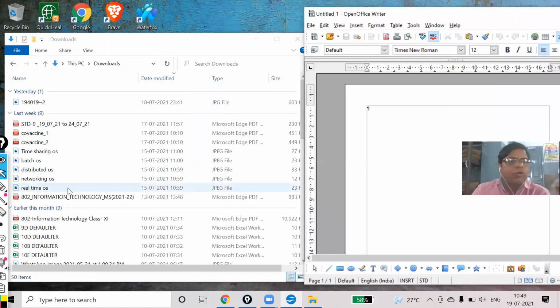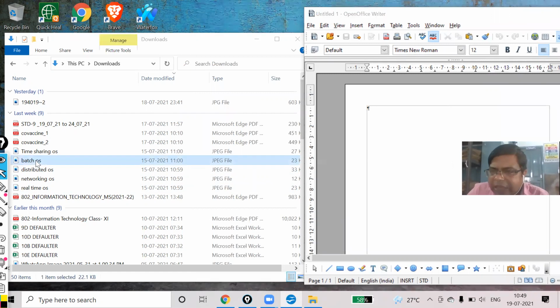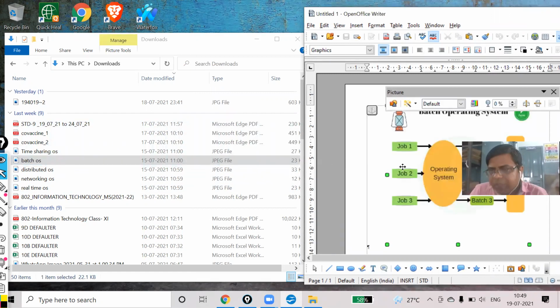Okay. Now, batch OS. This is a graphics file. Okay. This graphics file is to be added in my document. See, I will click and drag this one. My picture has come. Okay, this way I can insert an image.